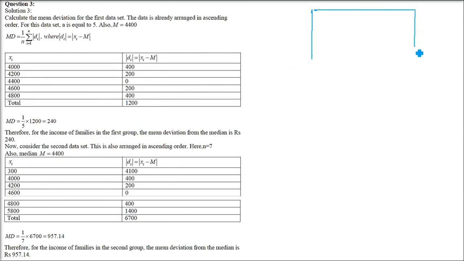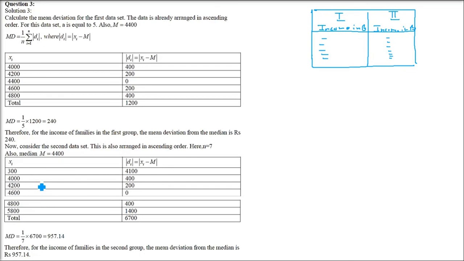See, the question is given, let me show you how it is given. The question is given like this. Here it is written income in rupees. Second one here too, it's written income in rupees. These elements are given. Five elements are given, which are here, in the first table. In the second one, seven elements are there, which are here in this second column. From 300 till 550, 800.